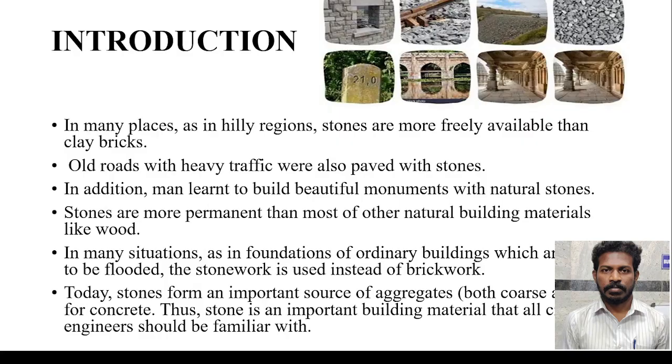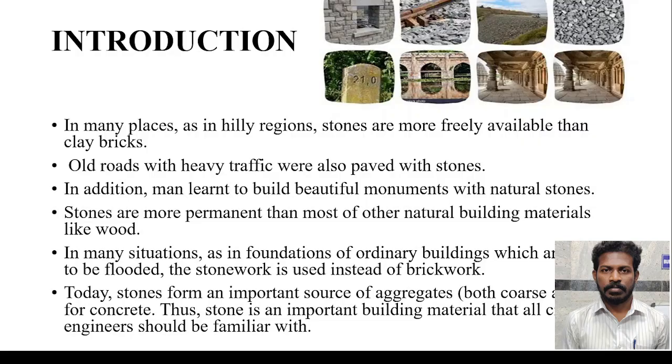Introduction. The introduction of this subject. Stones are naturally occurring on the earth's surface. That's why there is no need to manufacture stone, and stone masonry becomes cheaper than brickwork. Before the invention of bricks, stones were most widely used to build dwellings. In ancient days, stones were used as pavers on roads to carry heavy traffic. After decades, humans learned how to build beautiful monuments with natural stones, ornamental structures like temples and some places